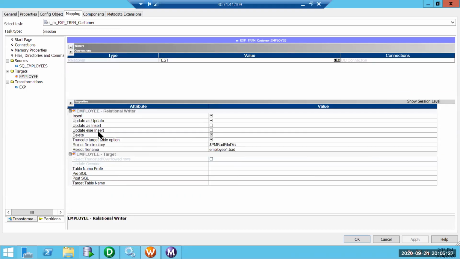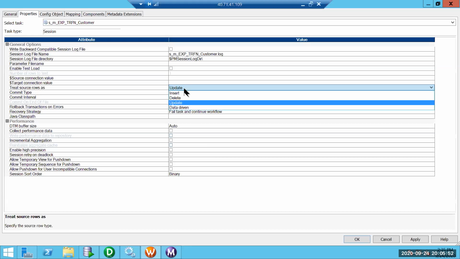We should check the update option. If you don't choose the update option, nothing will be done. When we want to insert data, the insert checkbox should be checked. When we want to update, the update checkbox should be checked. When we want to delete, the delete checkbox should be checked. Here in this case, the table is truncated. Okay, let me do one thing. Let me load the data. I'll disable the truncate option.